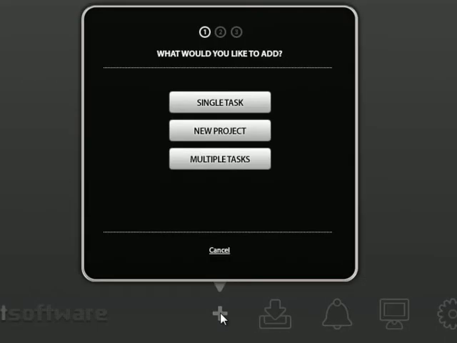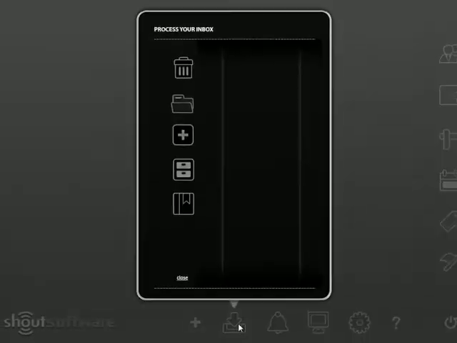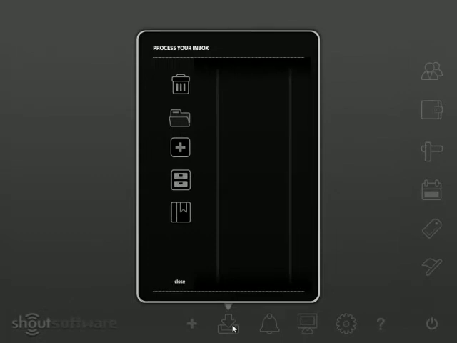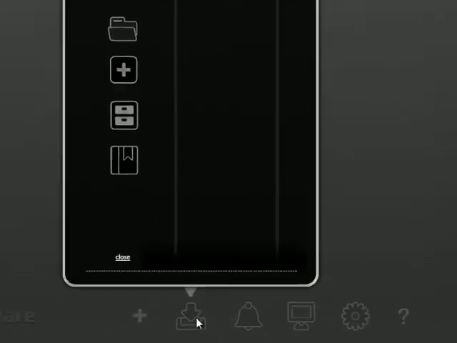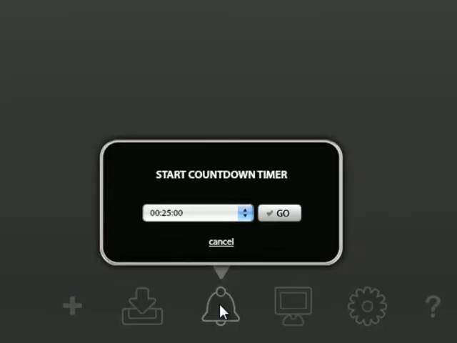And at the bottom of the screen we have a tool for quickly adding projects and tasks, an inbox that you'll use to process any tasks that you don't yet have a project set for, so tasks you've quickly fired into ShoutDone but that need allocating to a project, a countdown timer that lets you work against the clock. This is much like the acclaimed Pomodoro method for maximizing productivity, encouraging shorter bursts of productive work with short breaks